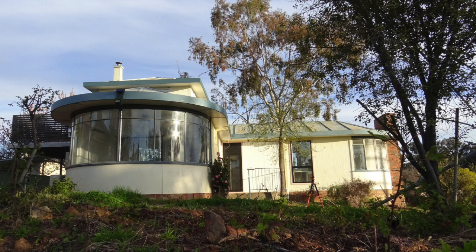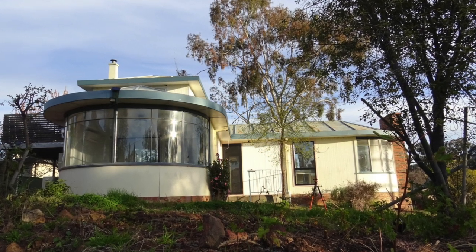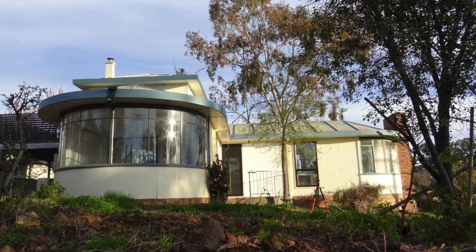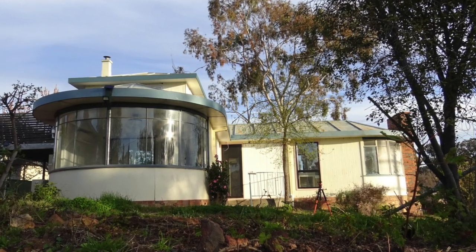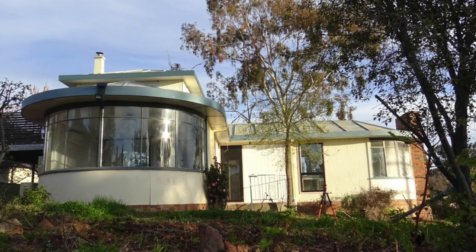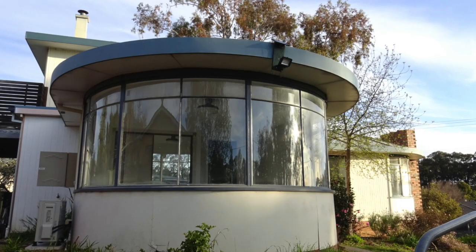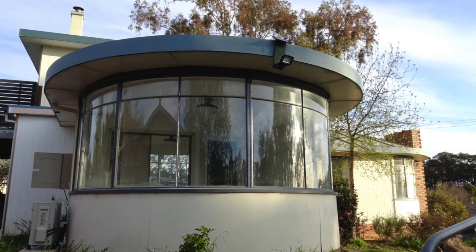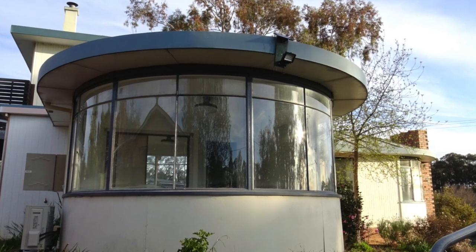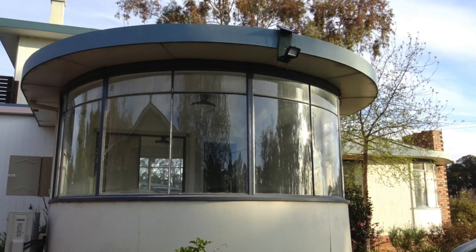In Bendigo, once you buy a curved house, you start noticing there's a few others around when you drive around. I think I've spotted about 6 in Bendigo that have curved windows. None like this. All the ones I've seen have had brick houses, whereas mine's timber clad, and they tend to, what I see, have one big curved window, whereas I have 3, and mine are a